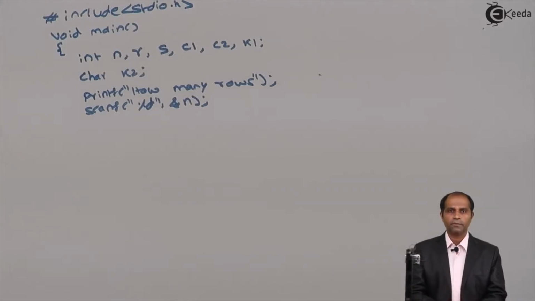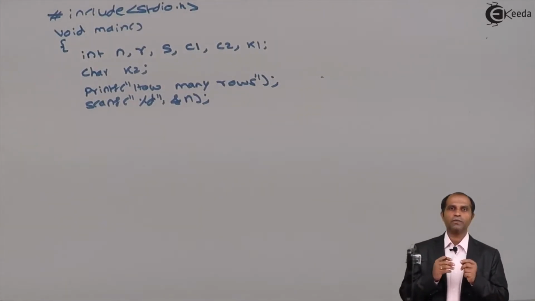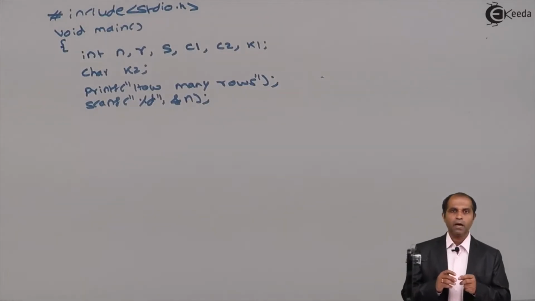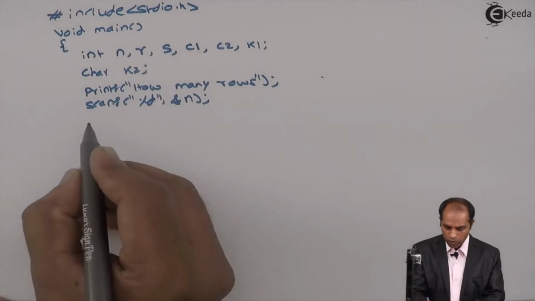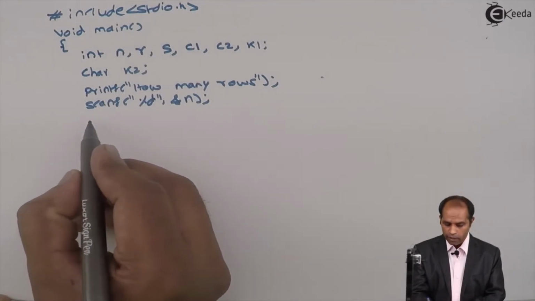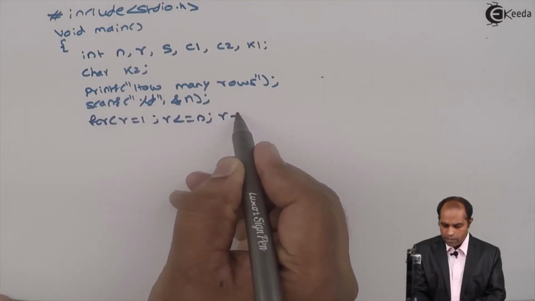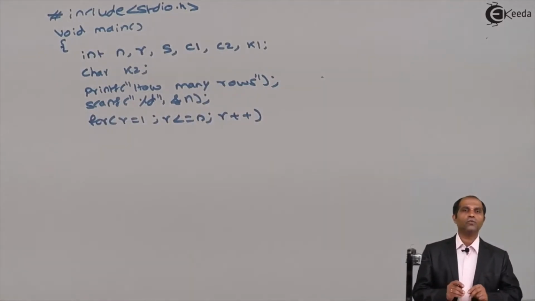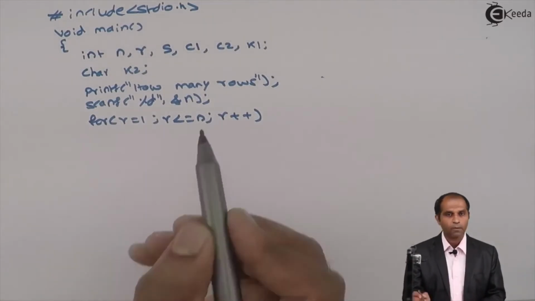Now let's see the program. So let us see a program putting this entire logic which I described. I described how these loops are going to work, which loop is going to be inside which loop. So the first loop is going to be an R loop. Let's write the R loop at this place. Since I said that R is going to go from 1 to n, a for loop will have R equals to 1, R less than equal to n, R plus plus.